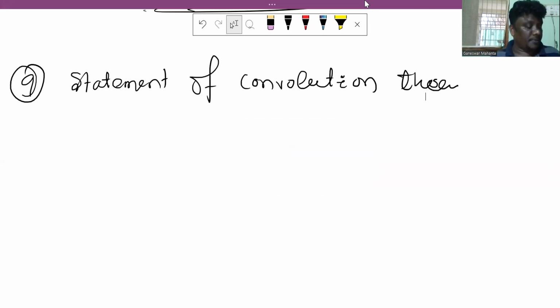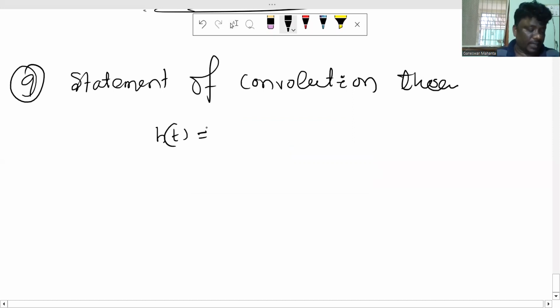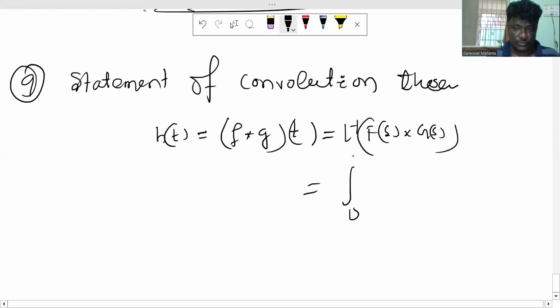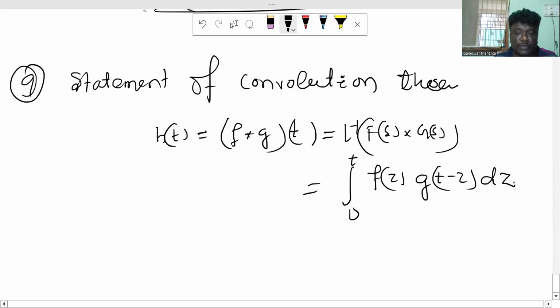The convolution theorem says: f(t) and g(t) satisfy the hypothesis of the existence theorem, the product of the f's. The statement of the convolution theorem is: we define h(t) as a function, that is f * g, the convolution, which is equal to the inverse Laplace of F(s) into G(s), which is equal to the integral from 0 to t of f(tau) g(t minus tau) d tau. So this is the statement of the convolution theorem, where